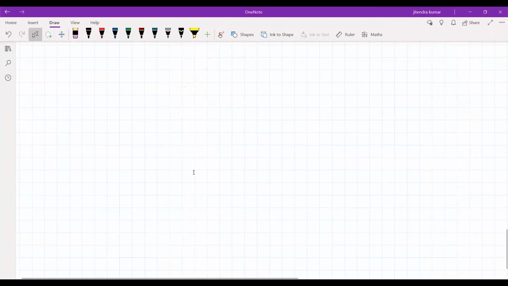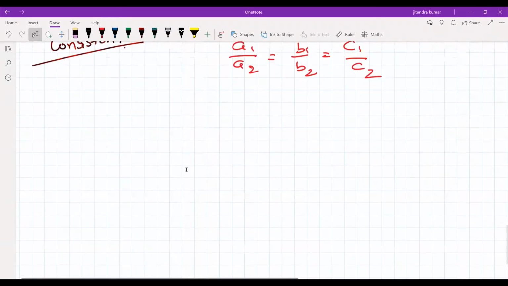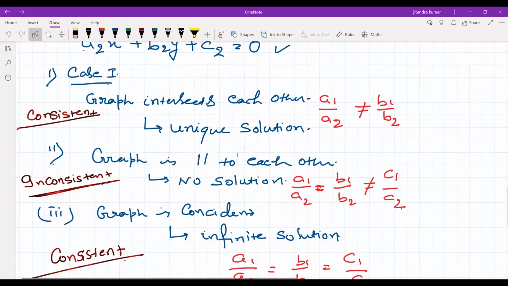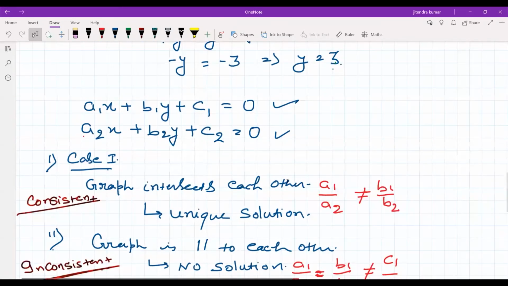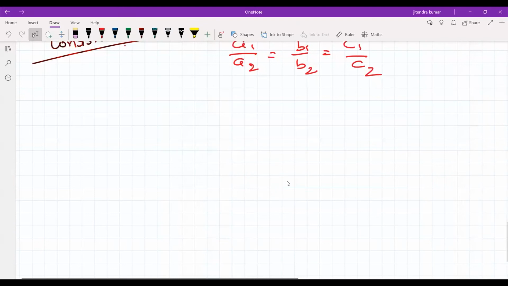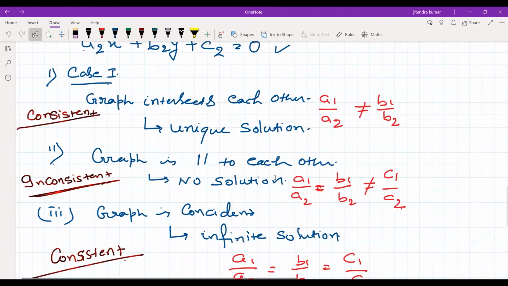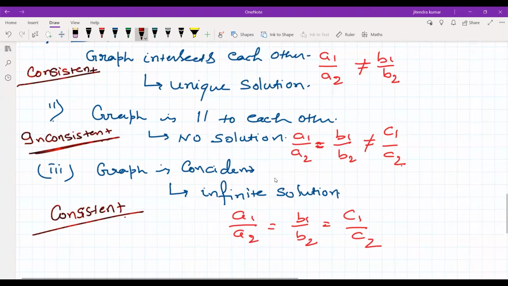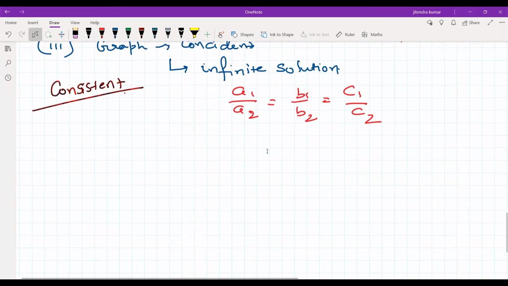Okay, let's move to the problems. We have to see these three cases in two parts. First, we will solve a system of linear equations graphically, so the first exercise is based on graphical solutions only. We just have to solve it in a similar way, drawing the lines as you did in class 9. We draw the lines on graph paper, and they will cut somewhere, so they will have a unique solution, and we will say it is consistent. Let's take some examples.